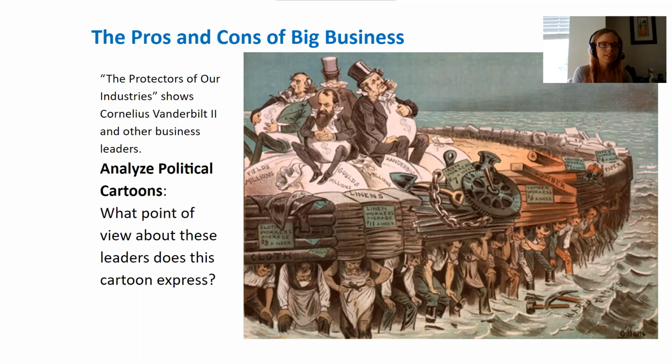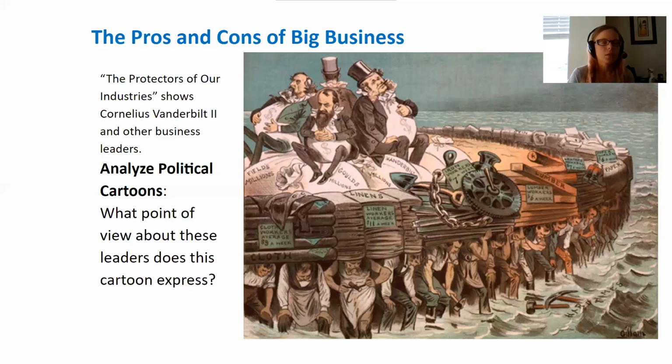Now, actually, for this slide right here, you don't need to write anything down. We're just going to review some of the things that we talked about last time about the robber barons slash captains of industry. Because remember, those are the very wealthy industrialists or businessmen during the late 1800s who were kind of running America at this time. The government was taking a back seat, kind of a hands-off approach. And remember what that's called, that's laissez-faire, literally hands-off. The government will not interfere with business.